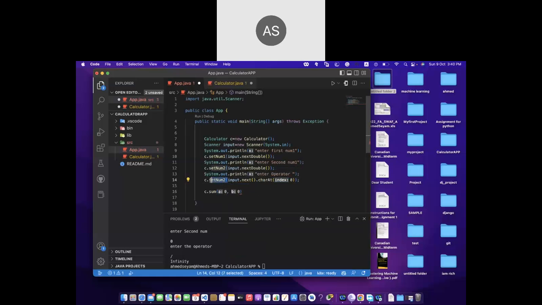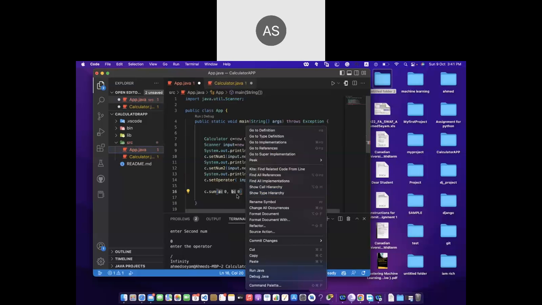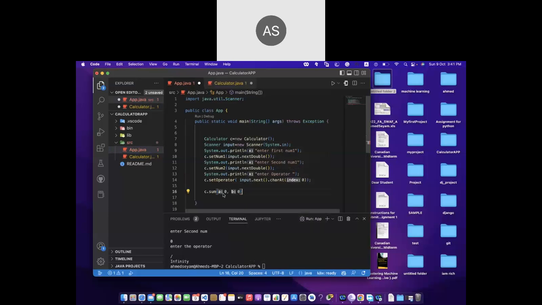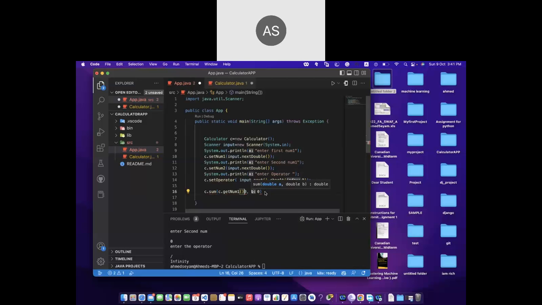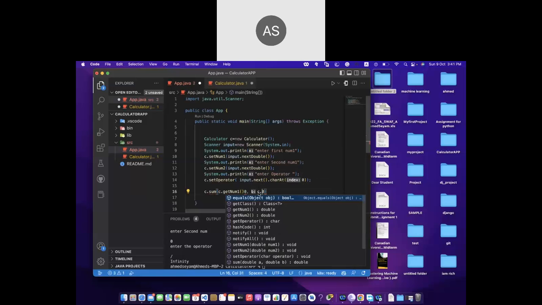This will be set operator. So the operator will be something like that. Okay, I will clear here. So now I can apply for sum num1 c dot get num1, and for the next c dot get